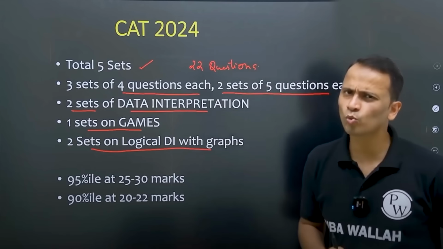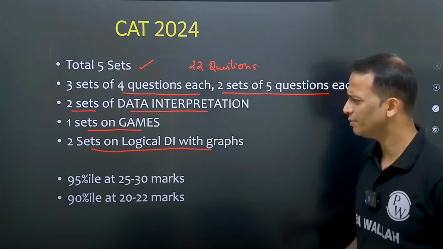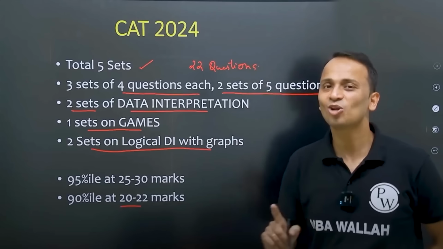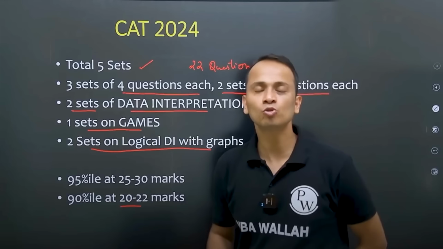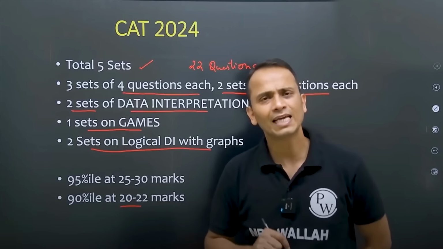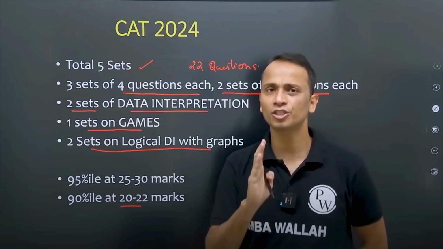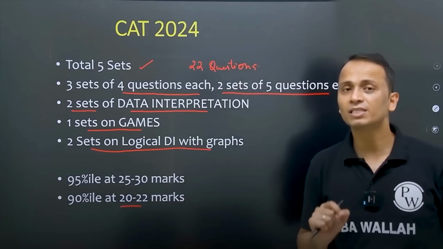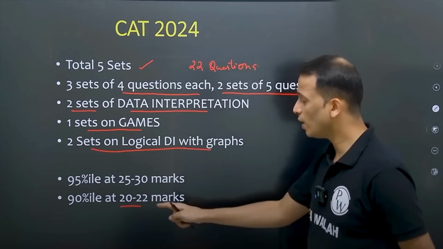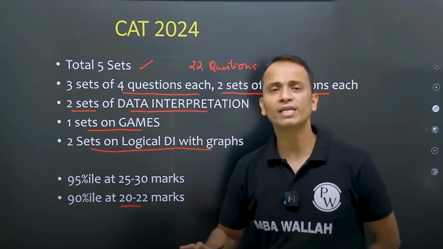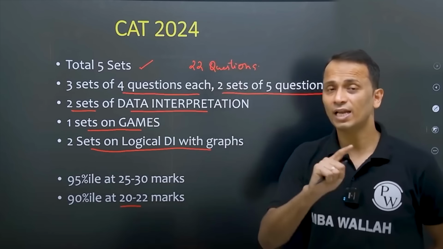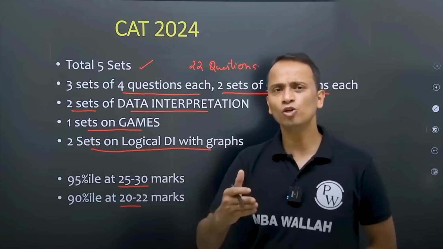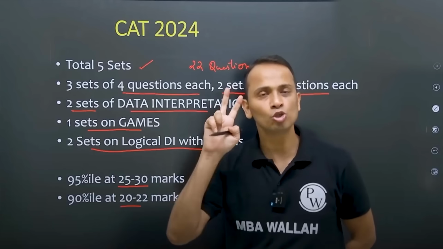Now, if we look at score versus percentile, just to understand a little bit, if I get 20 to 22 marks, I'm talking about marks, not the number of questions, of course, that means somewhere around 7 questions correct, just above 1 set, then I will get around 90 percentile. So a student who scored around 20 marks is able to get 90 percentile in the CAT 2024 LRDI section, and at 25 to 30 marks, somewhere around 9 to 10 questions correct, that means around 2 sets correct,